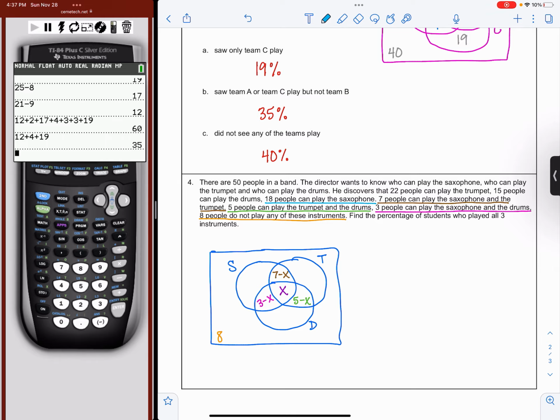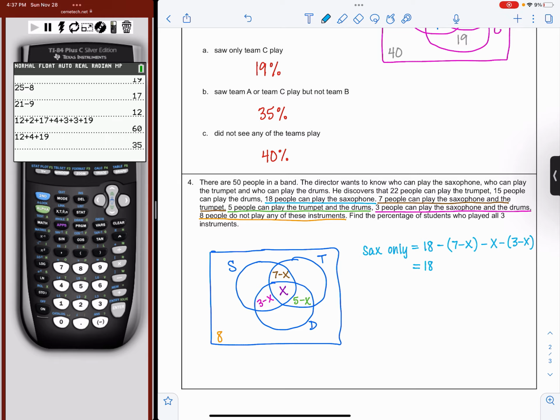So the number of people that play the saxophone only is going to be equal to 18 subtract the number of people in those other sections, which is, I need to subtract 7 minus x, I need to subtract x, and I need to subtract 3 minus x. And when I say subtract 7 minus x and 3 minus x, we're subtracting everything, so that means I have to put it in parentheses. So here I can say that this is going to be